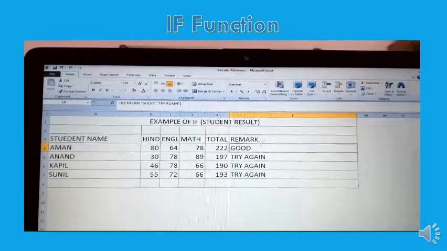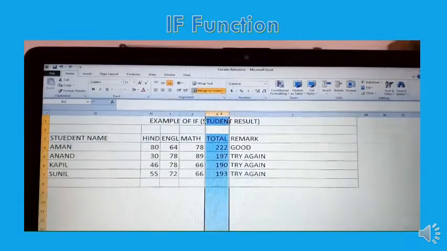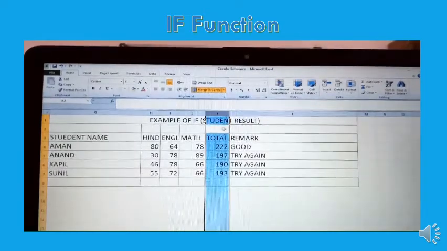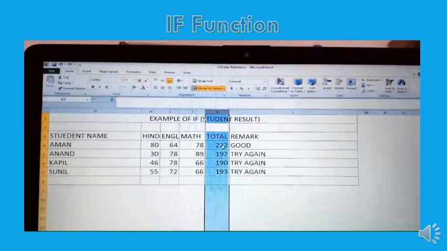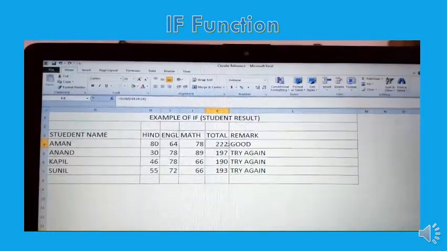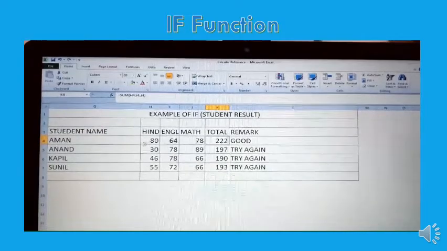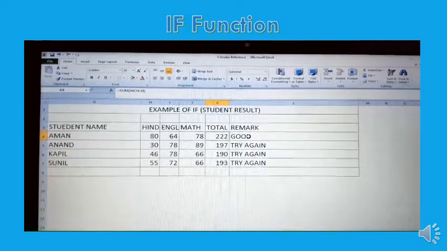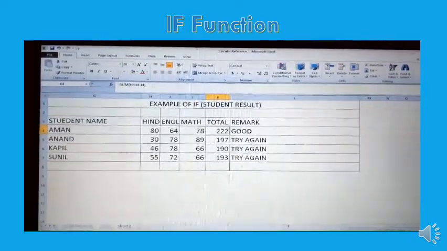Try again. So the condition is clear. You have to put your if condition on which field? This is the K column, and first you have to put the value on K4. By this you have to check if the person, Aman, is having more than 200 marks. What is this? Good. So how do you have to write this one? Automatically you have to write this one.